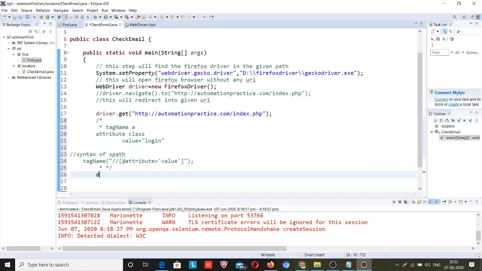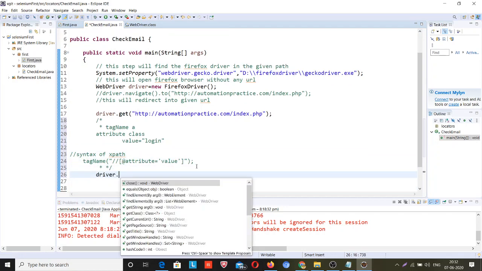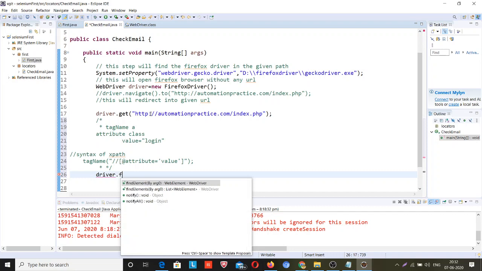So how to do it: driver dot. The driver knows that you have to go to this link, and after that you have to find an element. So type find element.